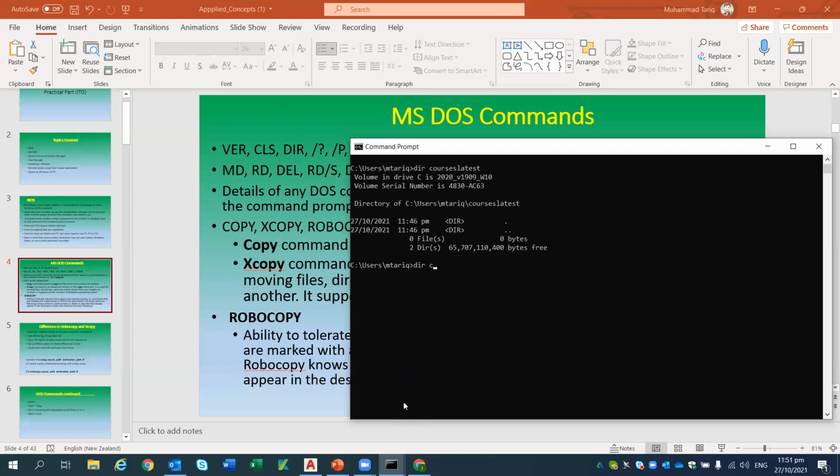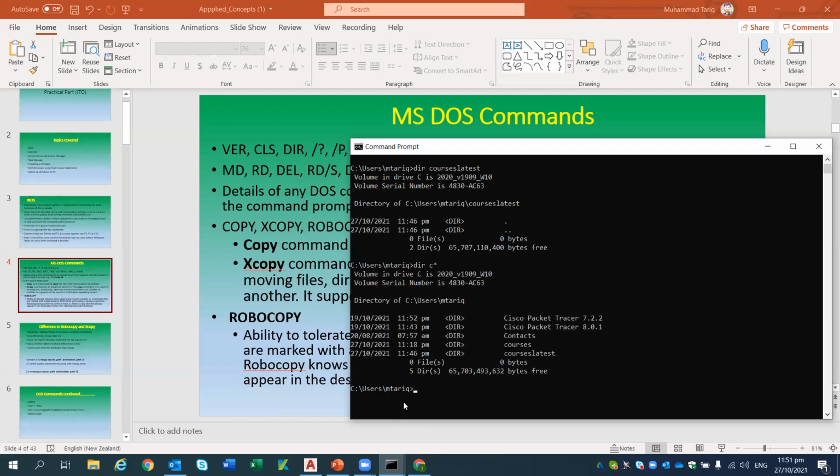And I will use the wildcard for that, meaning after C it could be any letter. So I am interested in seeing all those directories or files which start with the letter C. Okay, C. Now you see that all those files or directories which start with C are displayed here. So this asterisk is called a wildcard. So you can use a wildcard to display a specific